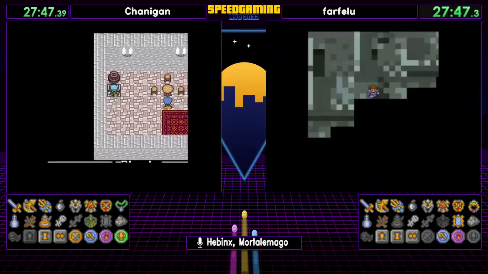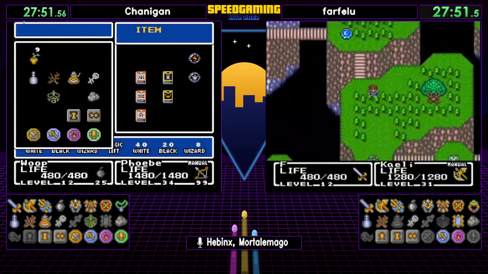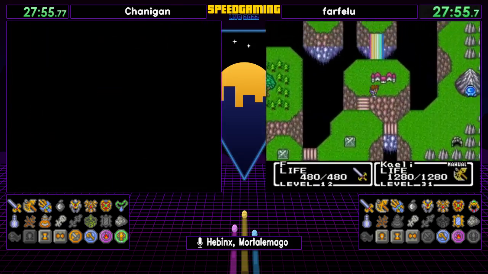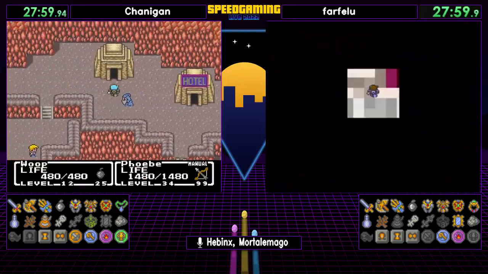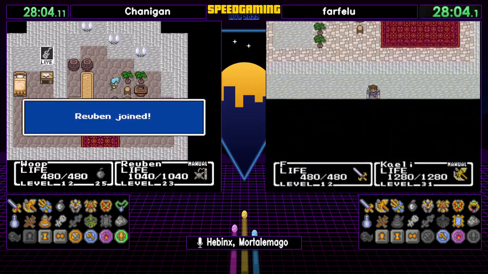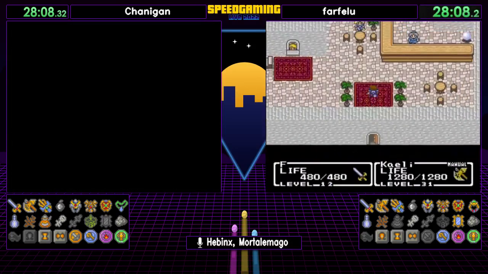Looks like both of our runners are making their way back to Windia. Chanigan taking the teleportation network. Meanwhile, farfelu huffing it on foot. Farfelu is going to buy his sky coin, and Chanigan picking up Ruben, opting to go ahead and...